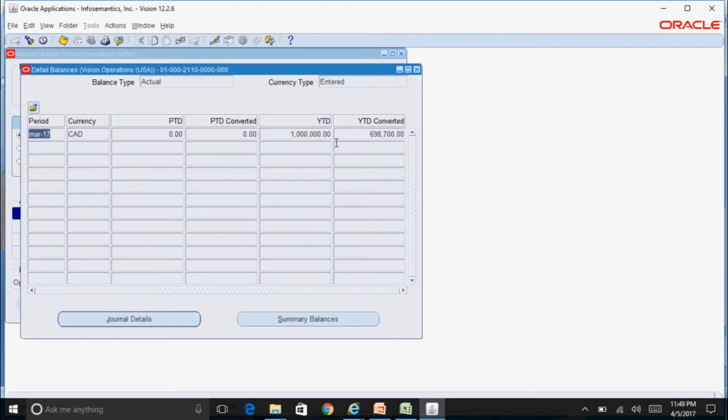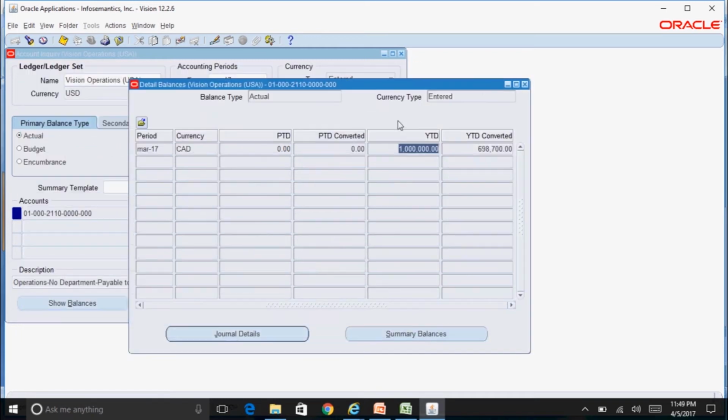Click on show balances. Okay, I'll make a note of this balance. So for this particular account code combination, the balance in the entered currency of CAD is 1 million, and the balance in the YTD converted currency, which is nothing but the functional currency, that is the balance under USD, is 698,700. I'll make a note of this.